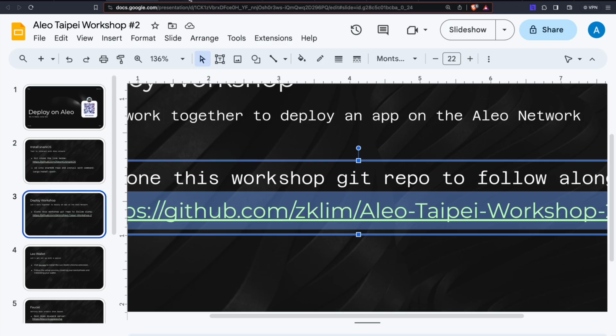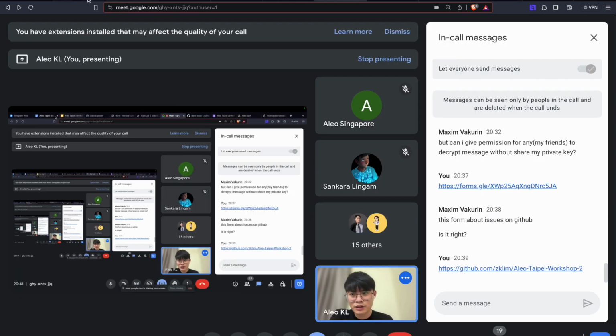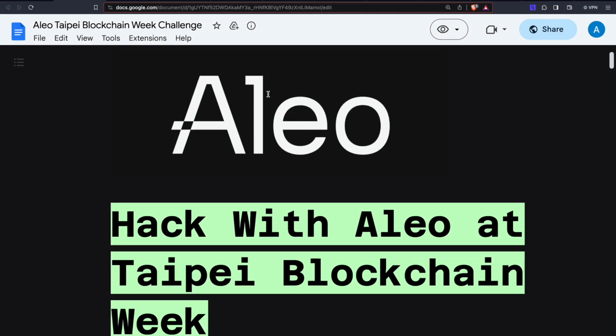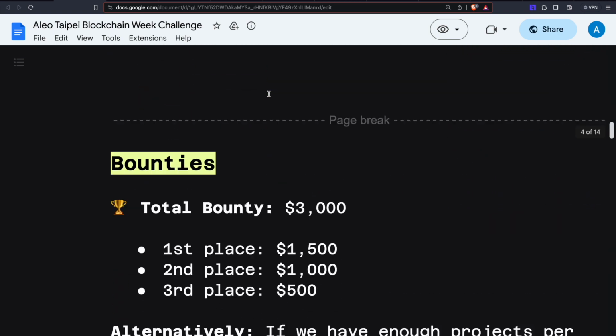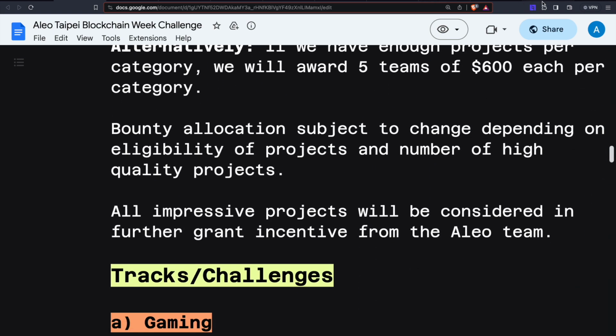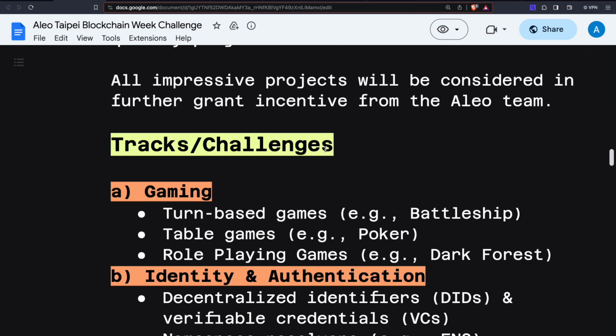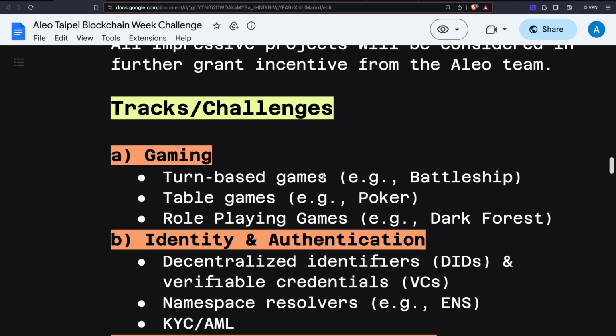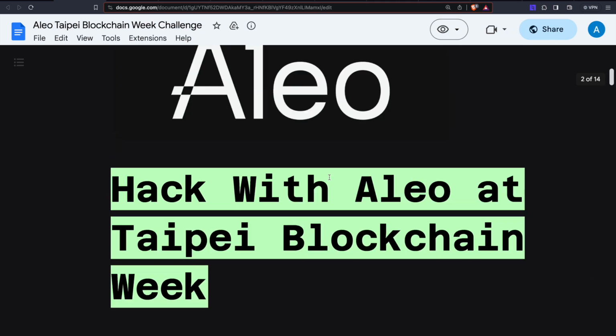I believe it's somewhere around 10 or 11 the date. Okay, you can always check our Luma page, there will be a date specified, and we are